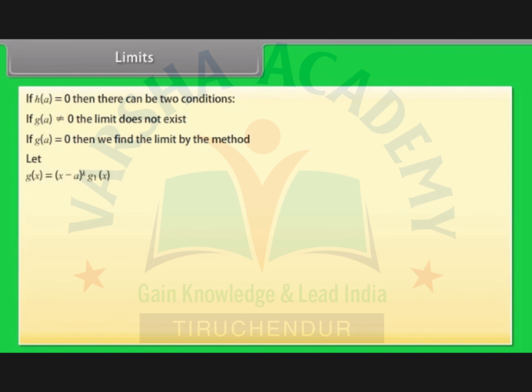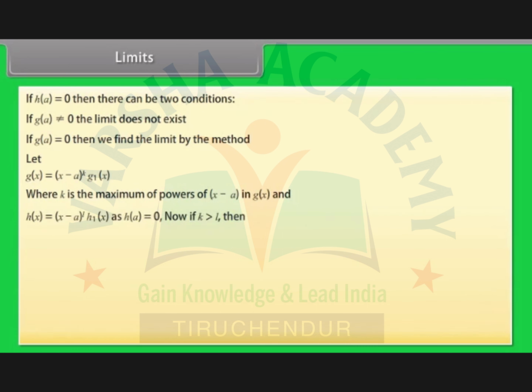Let g(x) = (x − a)^k · g1(x), where k is the maximum power of (x − a) in g(x), and h(x) = (x − a)^l · h1(x), as h(a) = 0. Now if k is greater than l, then